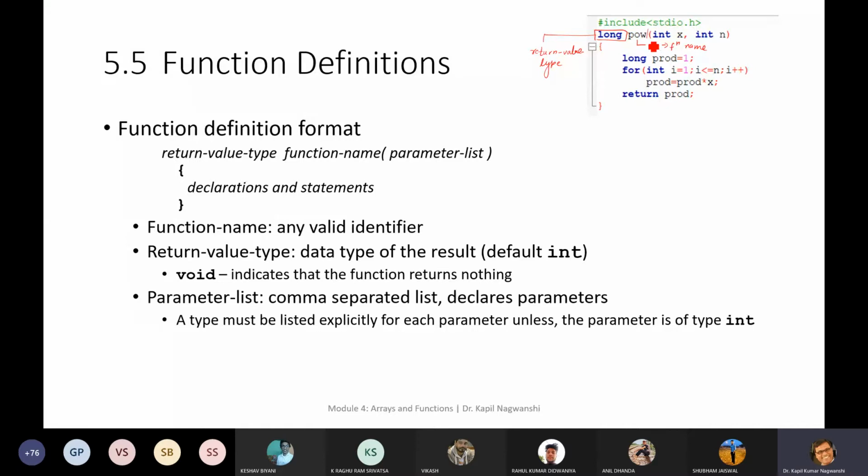These are the list of parameters, also known as arguments.